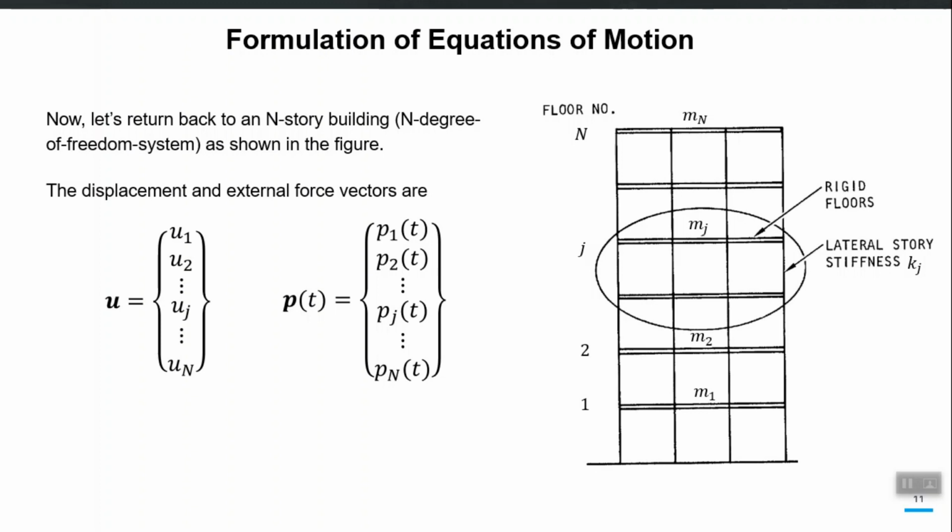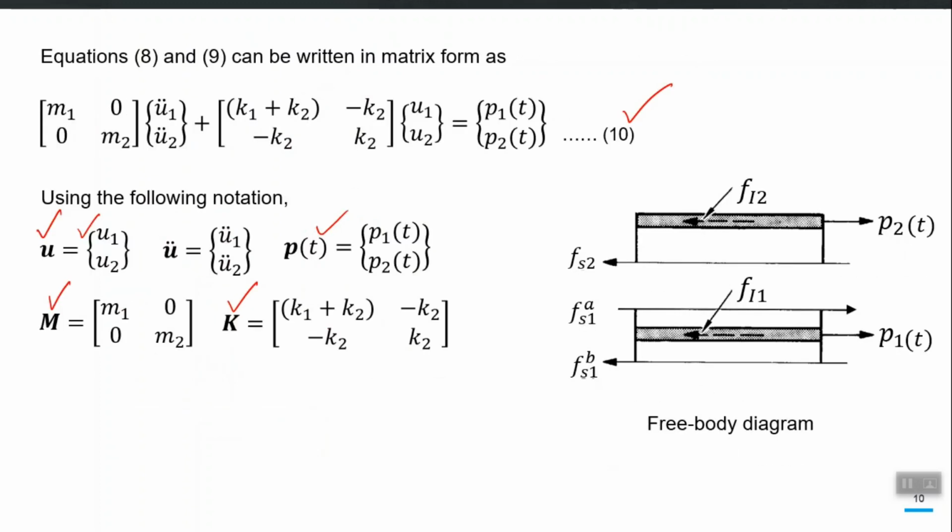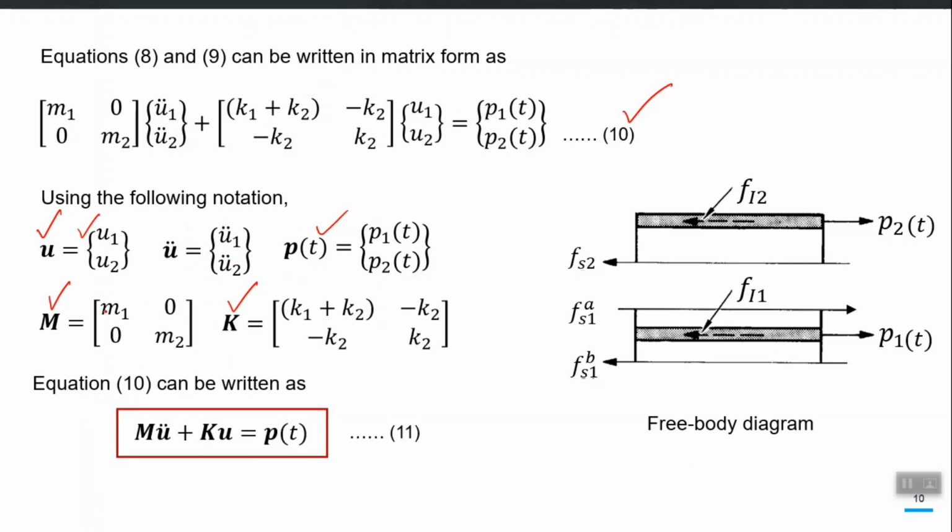So in general, if you have any n story building, and if the displacements of each story are represented by u1, u2, u3 up to un, where each of these quantities is actually a time function. So I should have written here as a function of time, like that, right. And if each story is being applied by a force p1, p2, p3 up to pn, we have an external force vector p vector. We can arrange the story masses in a diagonal manner, because we have seen in a 2-story building that the mass matrix has a pattern, and that pattern is that the story masses are arranged in a diagonal manner and all the off diagonal terms are 0, right.